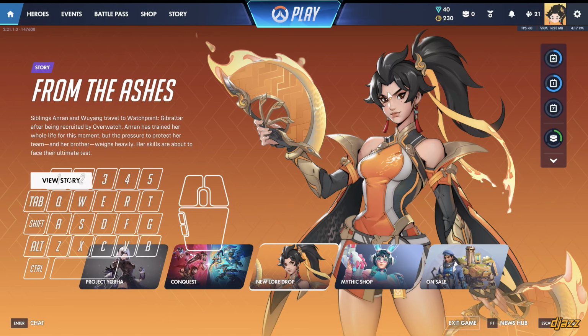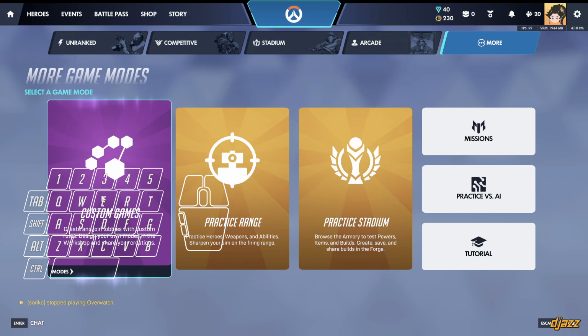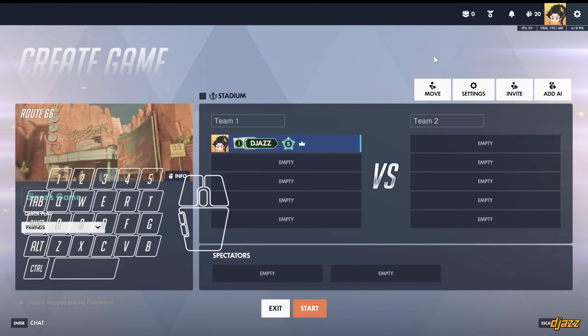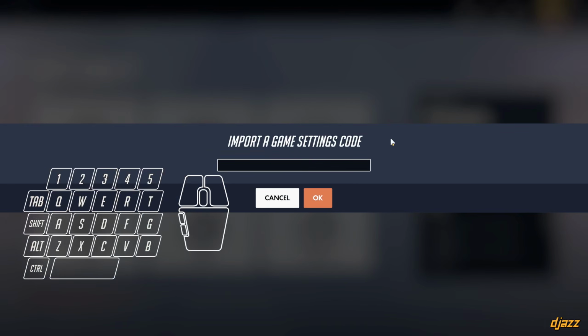Welcome, I'm gonna show how to use the photo mode I made for Overwatch using custom modes, custom games. I have it saved here, but let's create and show you how you will do it. So if you've not used this before, just create and then settings, import code 50